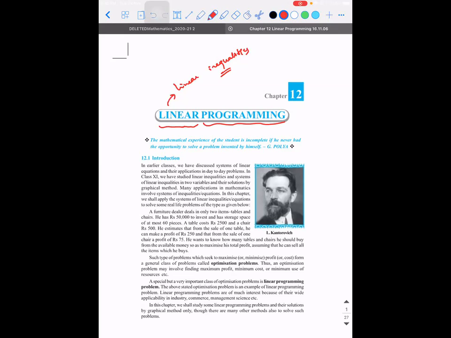When I ask you to solve a linear inequality graphically, what is the meaning of it? Let me put the question like this. If I give you two linear equations, 2x plus 3y is 5, 3x minus 2y is equal to 7, and I ask you to solve them, indirectly, what am I expecting you to find out? Values of x and y.